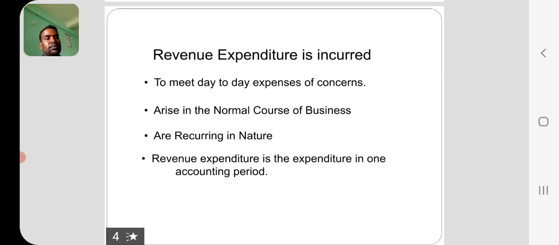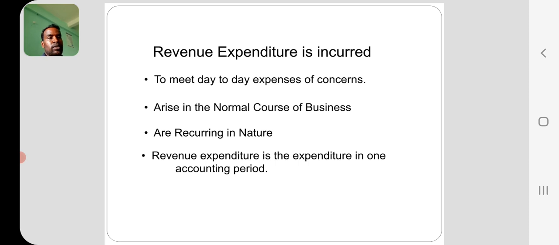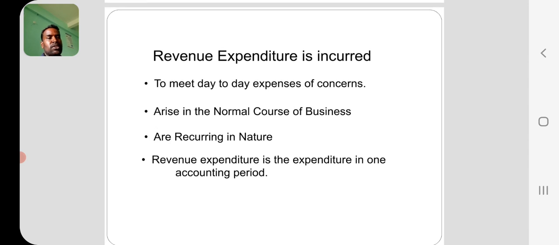So see here, revenue expenditure. Already we discussed what is meant by expenditure in the previous class. So one word is added, that is revenue, but totally revenue expenditure is to meet the day-to-day expenses of concerns. Day-to-day expenses come under revenue expenditure. Day-to-day expenses means some stationery, postage, telegram, like that, small expenses, arising in the normal course of business